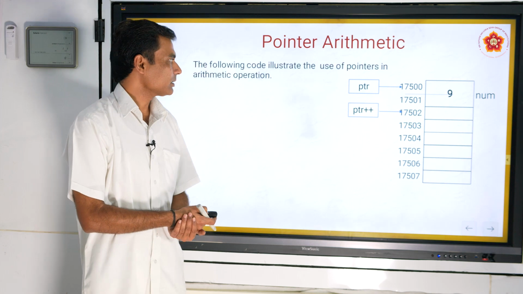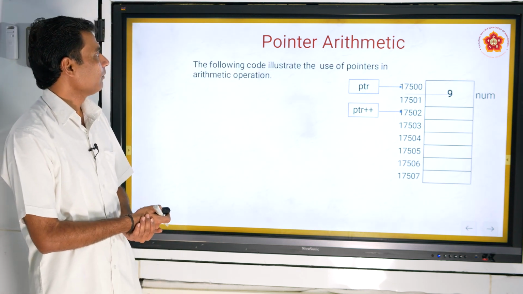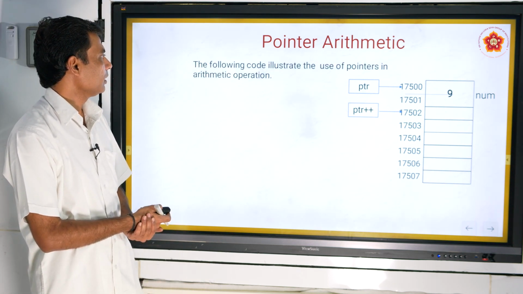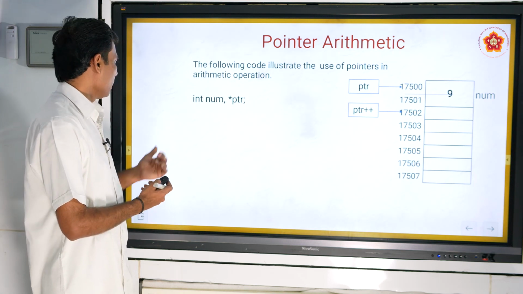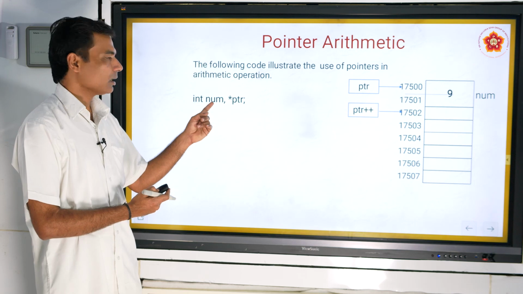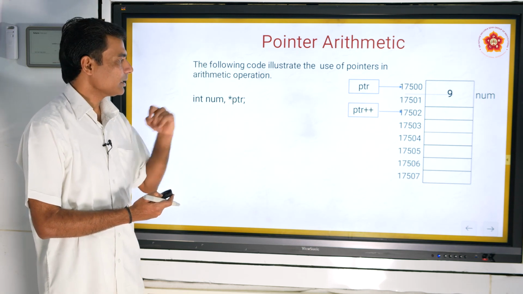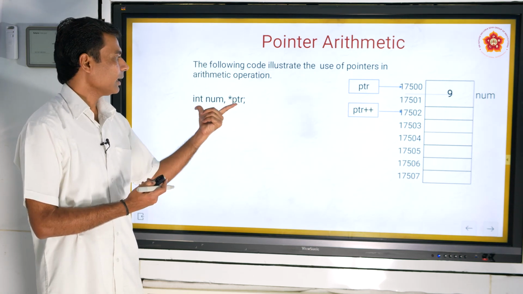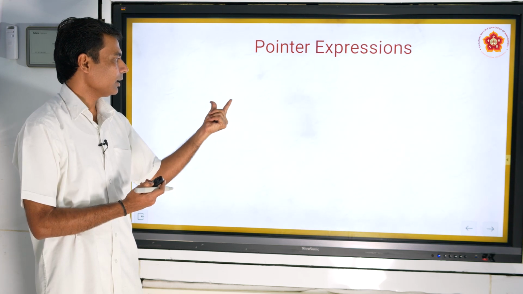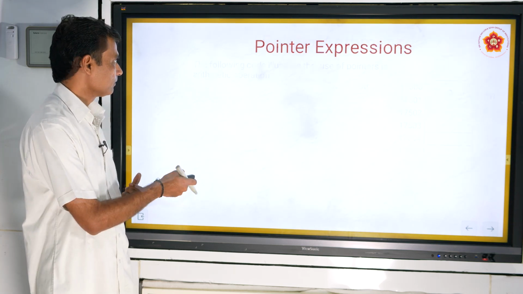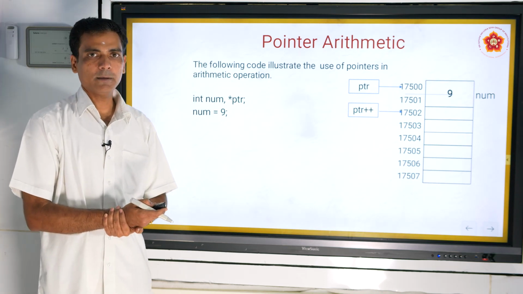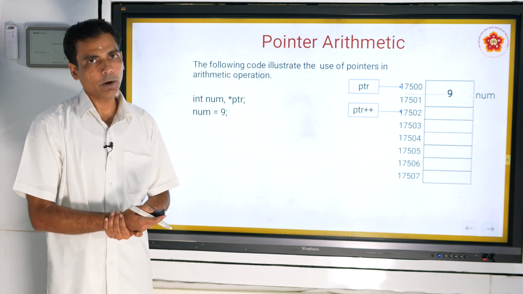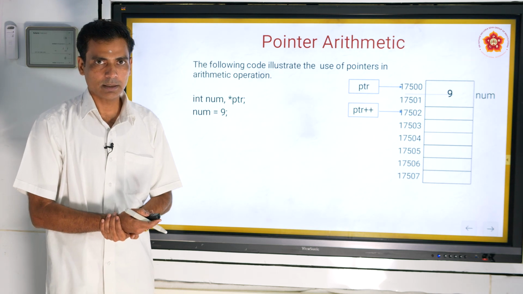Now let's take an example where we are making use of the arithmetic operators with the pointers. Here I have declared an integer variable as well as an integer pointer. We can declare the variable and the pointer in one statement if the type of pointer and the variable is the same.